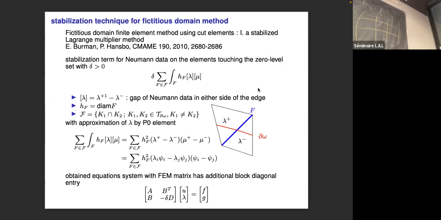This is the issue. So then, the paper explained that we have to take all the cases of the level set crossing above the original boundary, and then compute the jump on the above side and the downside of the surface F. This is the definition of the bracket, the difference of the plus or minus. Sorry, this is not plus one, it's plus or minus. And h_F is the diameter of this segment. And F is the face inside of the